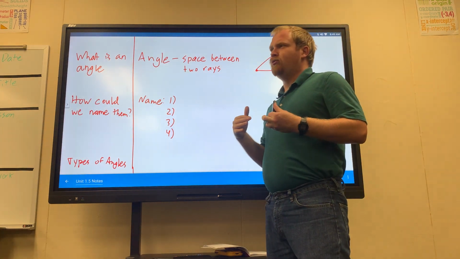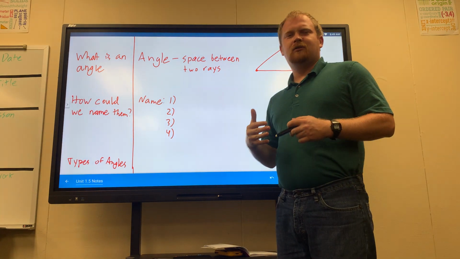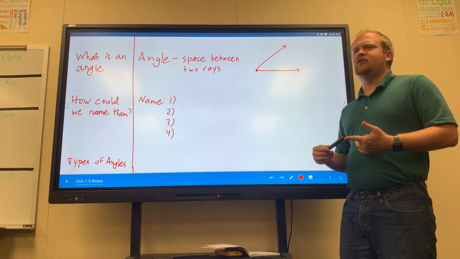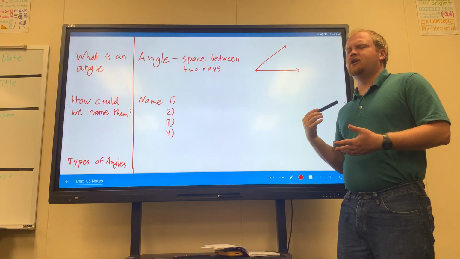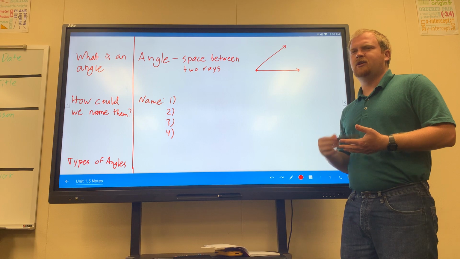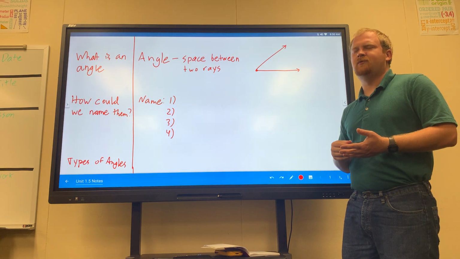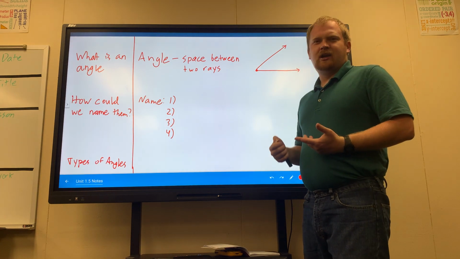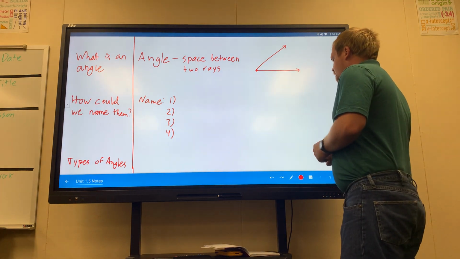And as far as what the measurement of an angle is, we usually measure it in degrees. So like 180 degrees is an angle, 90 degrees, 72 degrees, 27 degrees, 175 degrees. Those are how we measure angles. Okay? Now,